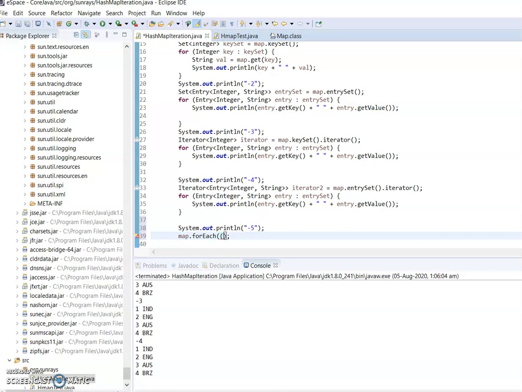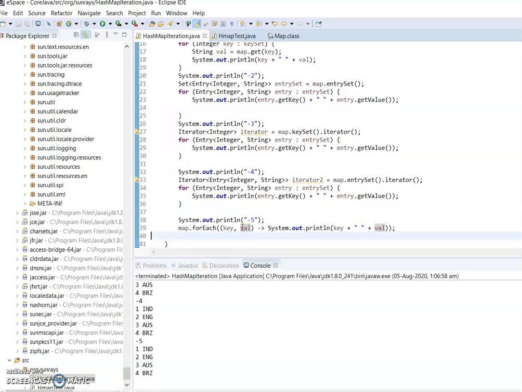Here the consumer is consuming two values, the key and value from the map, and I'm printing the key and value. We can see the result using forEach.